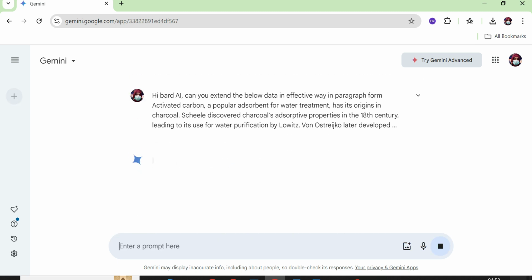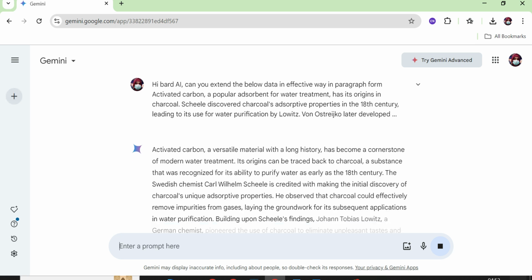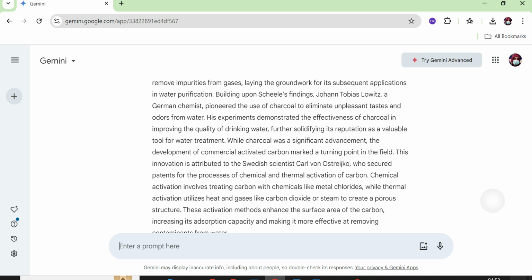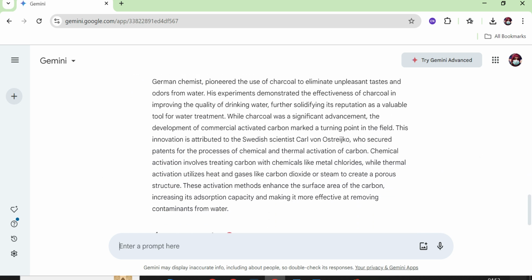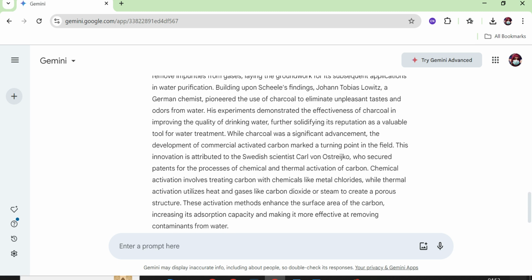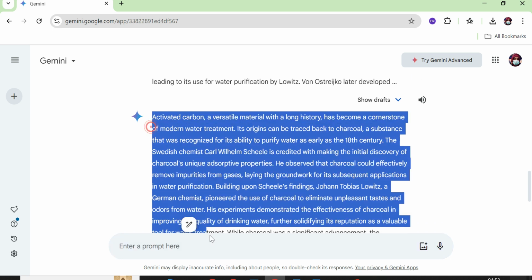So you need to copy paste the data here, like if you want to extend one paragraph into two paragraphs or want more details about it, then you can write. So here you can see it has summarized and extended the data to some extent, so you can use this data. One important mistake that students usually make is that they just copy paste this data,